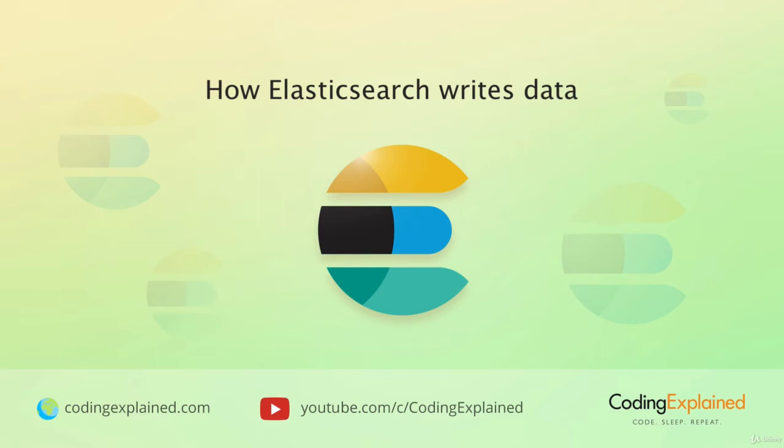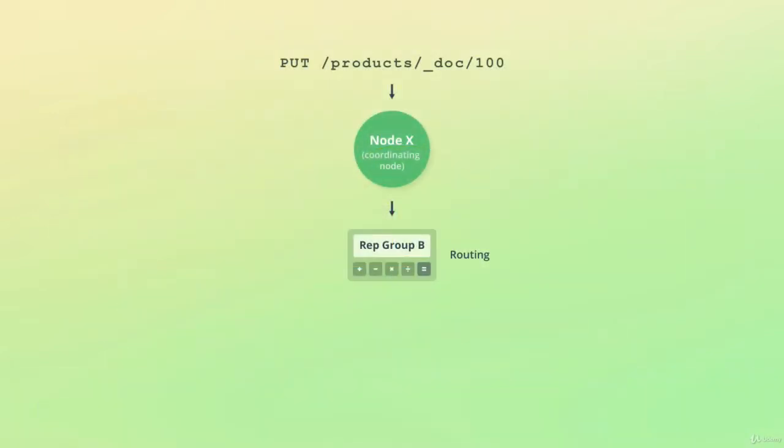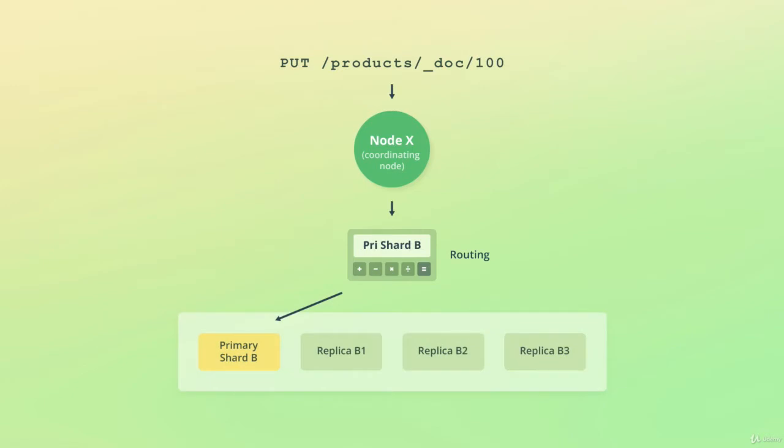Now that you know how Elasticsearch reads data, how does it write data? First of all, the request goes through the same routing process that we have already discussed. The request is resolved to a replication group that stores, or should store, the document. Instead of routing the request to any of the shards within the replication group, write requests are always routed to